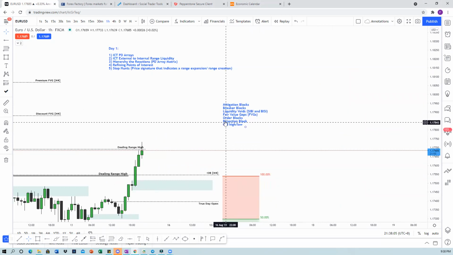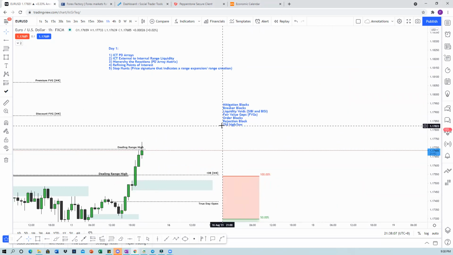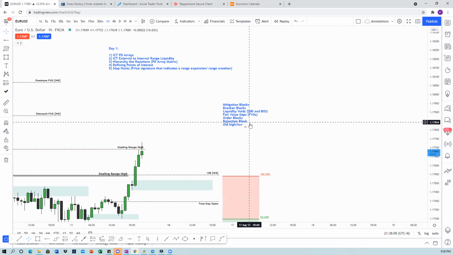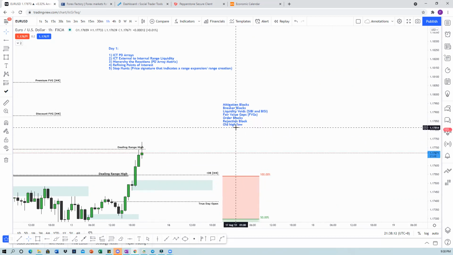Now, rejection block, I'm going to skip it for a bit, and we'll move to old highs and old lows. So now, since we are going through the mentorship again, the boot camp, I would advise everyone that's new